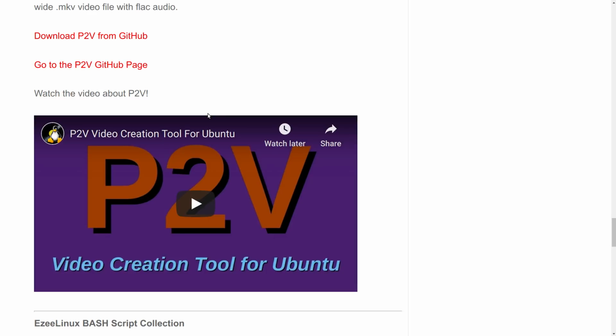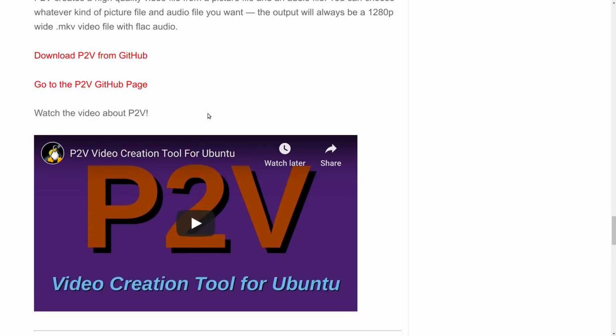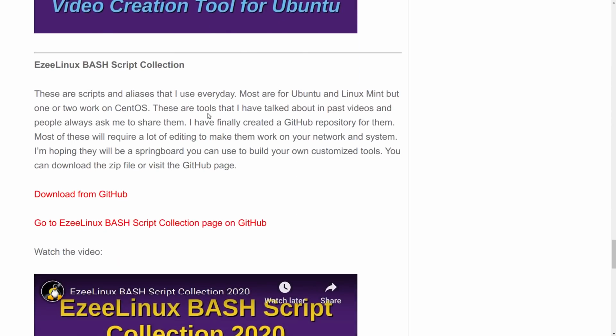This is not a perfect program. I can get it to run. I can make it work for my own needs. But if you want to play with it, you can go right ahead. It's actually quite primitive, to tell you the truth. It's really just taking information that you type in and putting it in one command. It sets a bunch of variables for the file names and stuff like that, and then throws it into the FFmpeg command. And that's pretty much all that does.